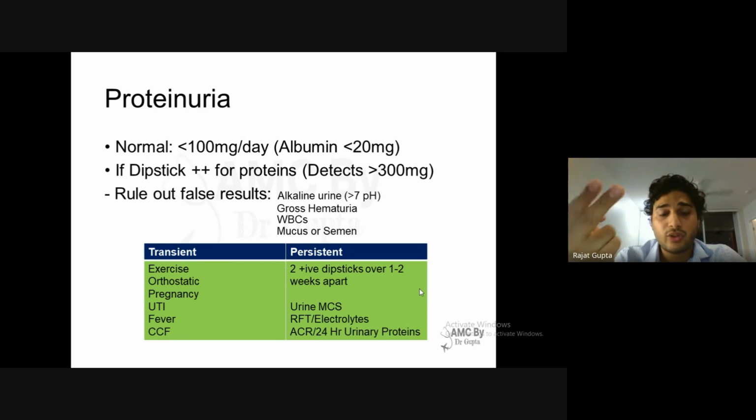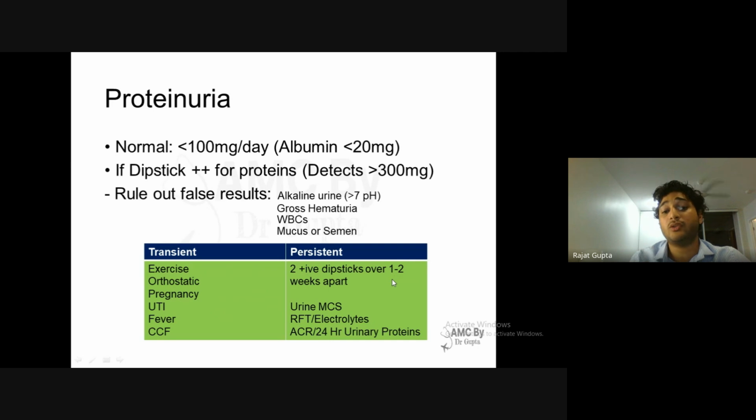There can be two types of proteinuria. First is transient, the other one is persistent. In transient proteinuria, there are multiple factors. Exercise can cause it. Orthostatic, like the patient standing for a long time, can cause proteinuria. Pregnancy, UTI, fever, heart failure. Any of these conditions can cause proteinuria. That is transient. It will improve. But if there are two